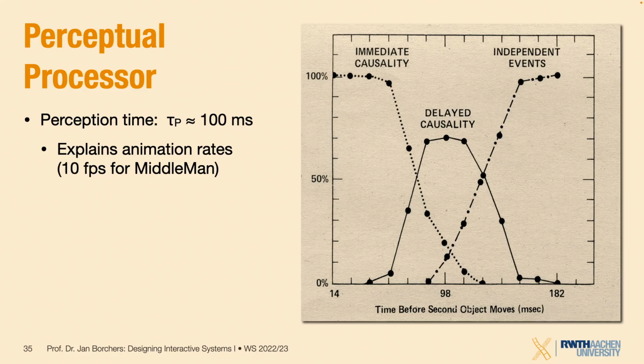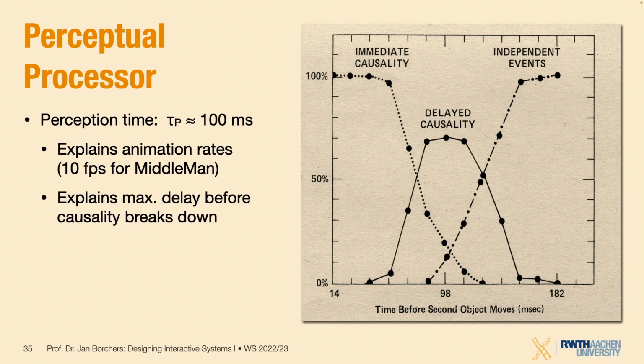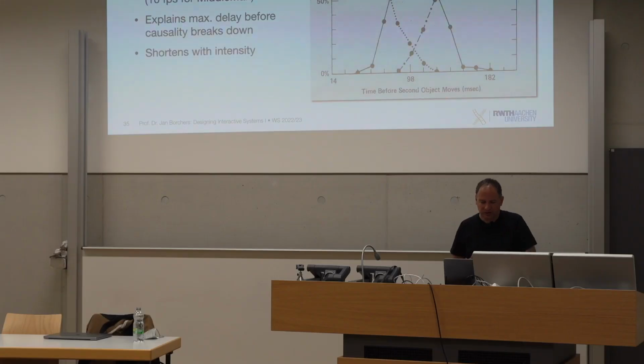The other thing that this also explains is we now know that there is a maximum delay before causality breaks down. As soon as we go well over 50 and enter the sort of 100 milliseconds, the idea that things are still happening with a cause and effect relationship is breaking down. And we notice the delays, and it shortens with intensity, right? So if there is high contrast, for example, these numbers are lower. And this is important because